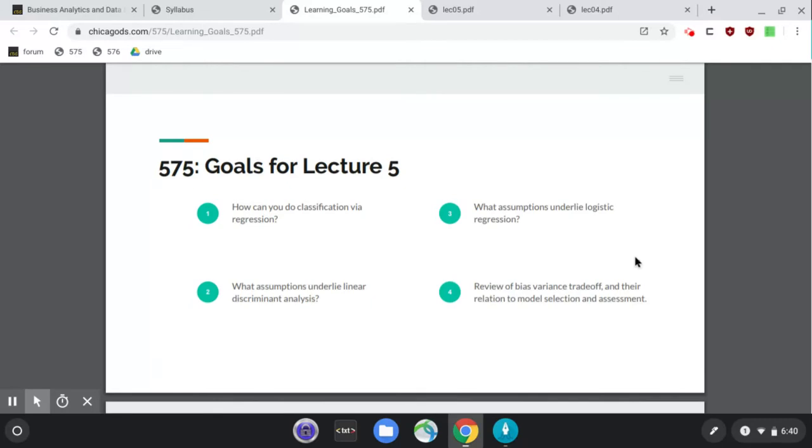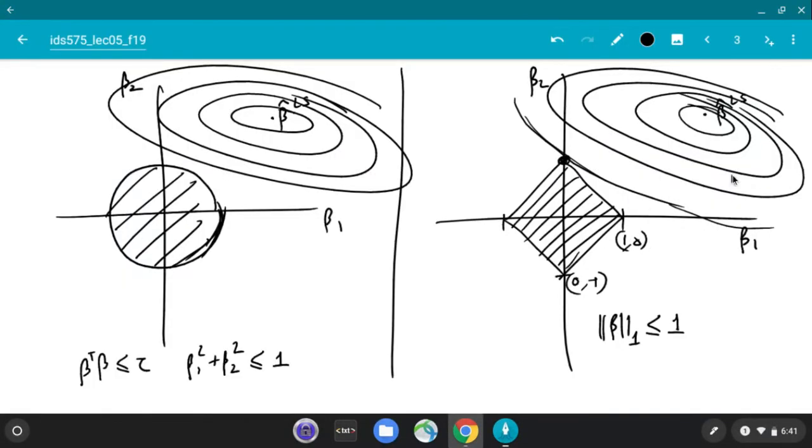And then we'll finish off with some quick discussion on cross-validation. Some nuance on cross-validation: we introduced it two lectures ago, but we'll revisit when it can fail, because of the choice of your number of folds or things like that. Any questions about today's goals? At the end of the day, you want to understand how to do classification at least three ways, and maybe a little about shortcomings, or what things you need to take into account while doing cross-validation. Any questions with the goals? If not, let's directly go.